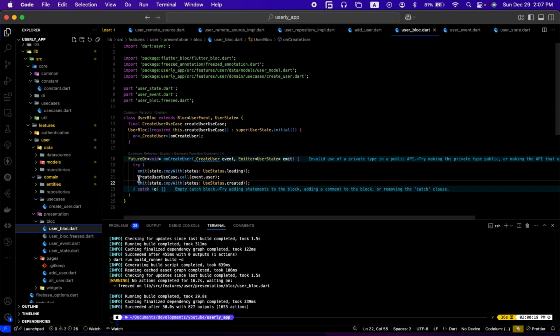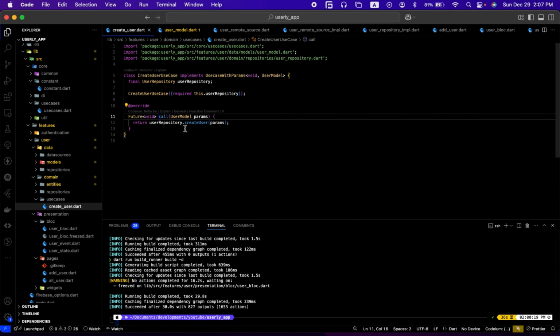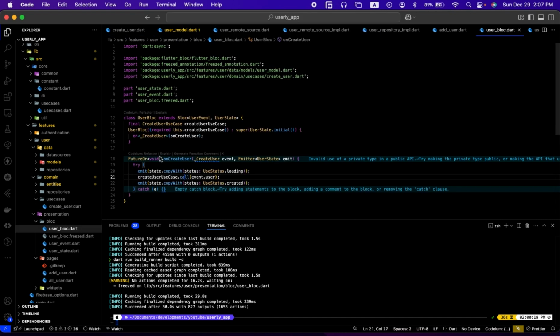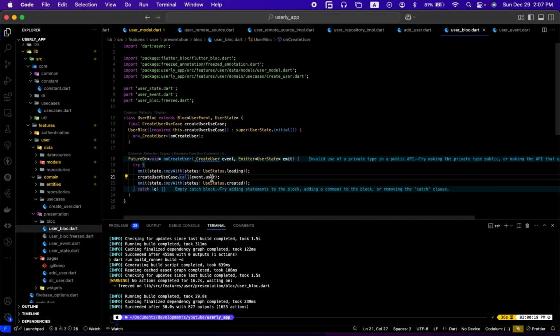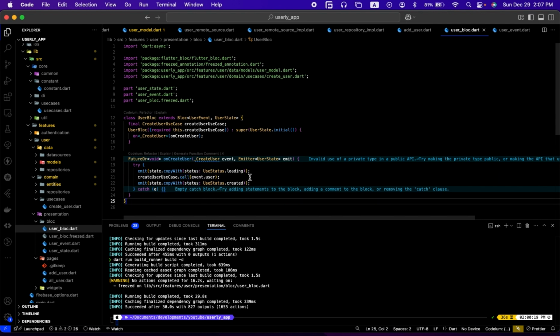Okay, and then we are calling createUser.call. This one expects a parameter of user model. We have already passed it, because we are getting it from an event, and we know this event has passed this parameter also. So when we call this event, we will need to pass this parameter, otherwise it will give us a warning that we need to pass it. So if the event is called, it will go with those parameters, and then we're going to